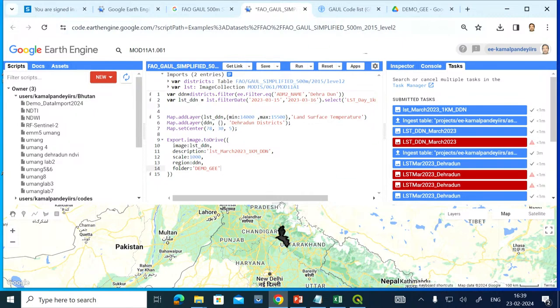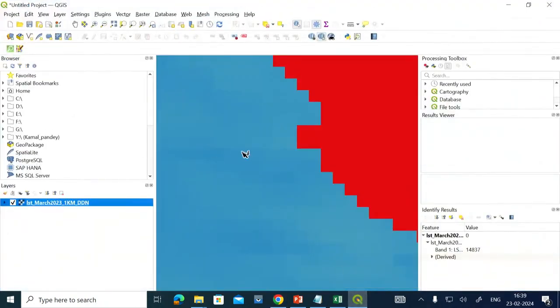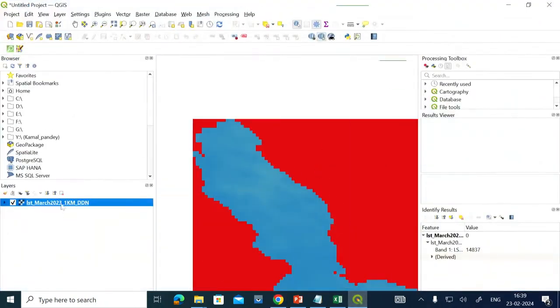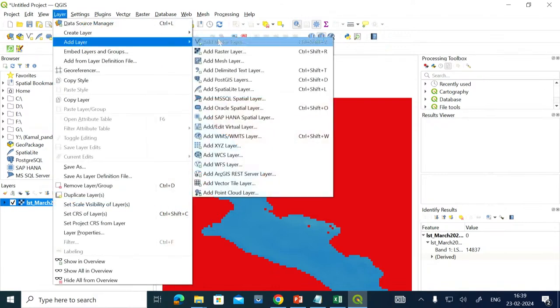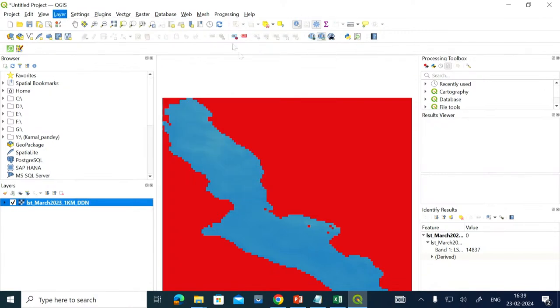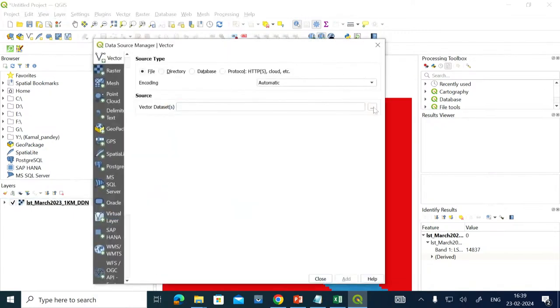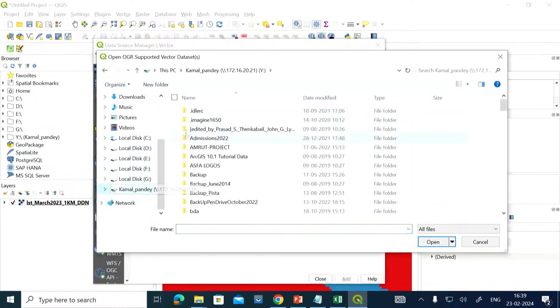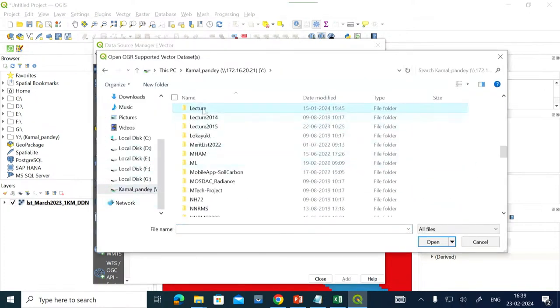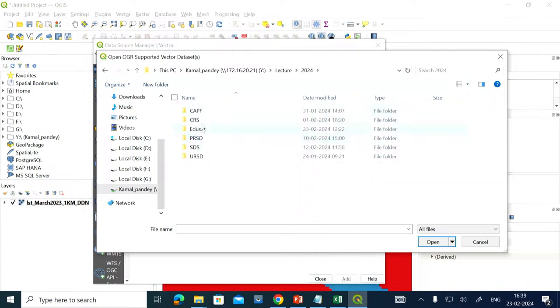Okay. So next let us try to see how we can upload something here. Now let us try to see. I have one data set with me. I will just zoom it to layer. Now this is their layer. I will say add layer, add vector layer in QGIS only basically. I will go to this particular place here in my folder. If I see, I have something, yes, I have the taluk boundaries also.